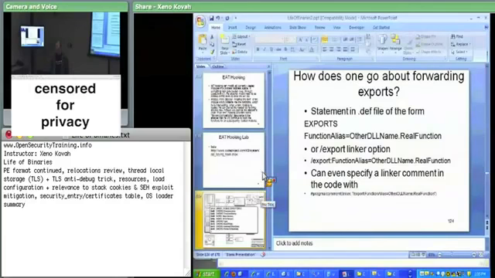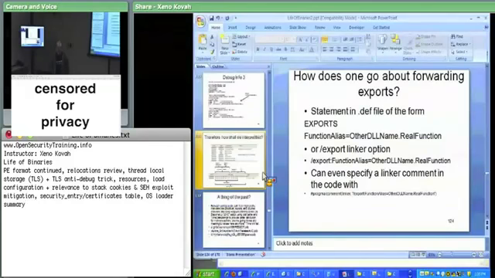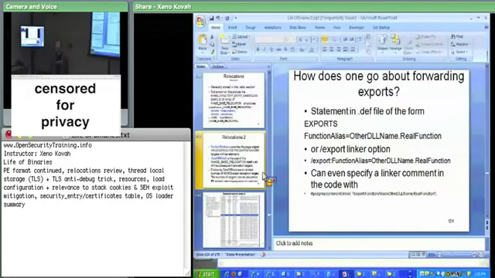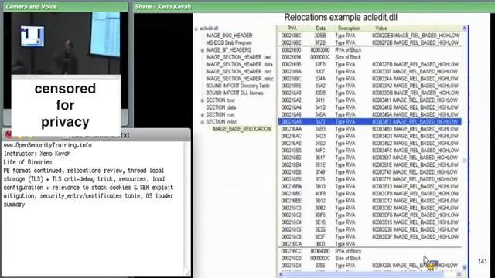So when we left off, we had just talked about the relocations, right? And we'd said the whole point of the relocations is it's just a big list of every single place you must change in the file if the module gets moved around in memory. So here we were looking at ACL edit.dll, and this just says if the OS loader decides to move ACL edit.dll in memory, go ahead and add the delta between where it expected to be and where it will actually be. Add that to all the RVAs, which are specified by one of these